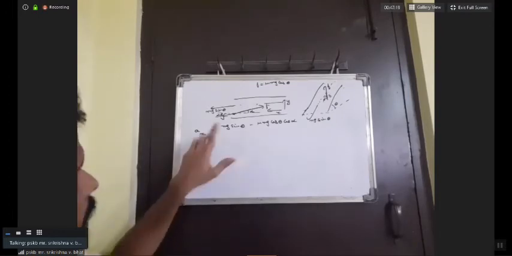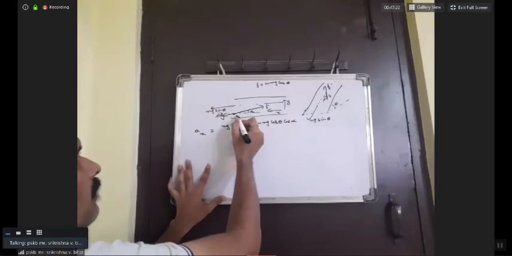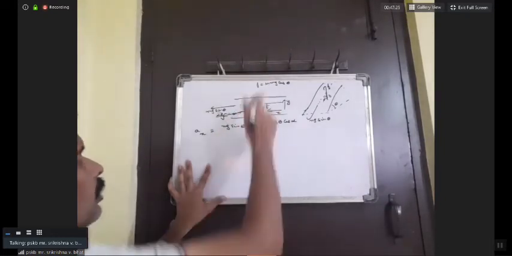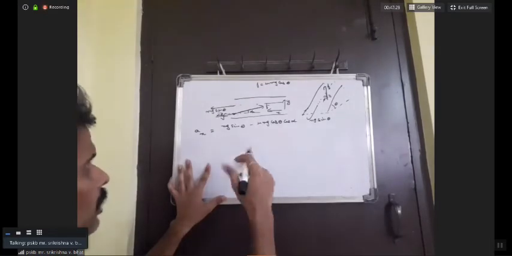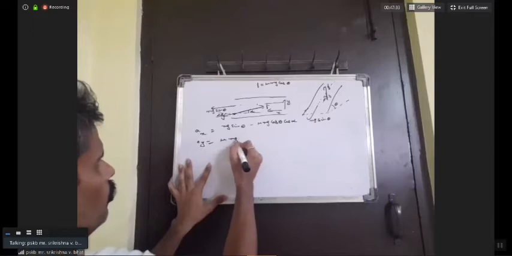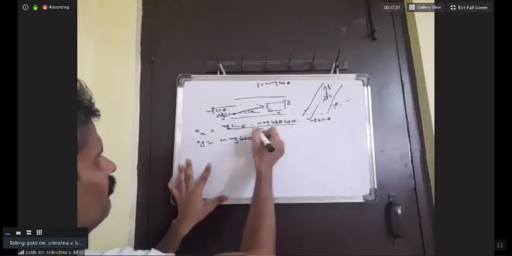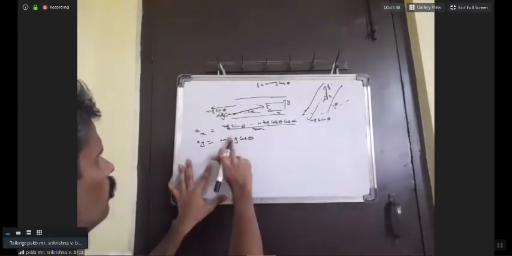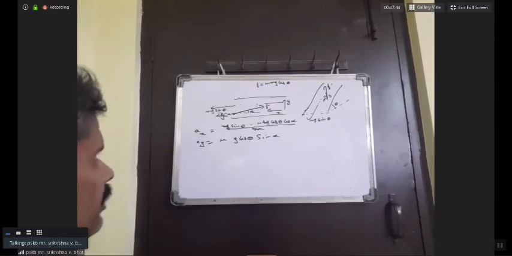Anyway, we will leave ax at this for the time being. We can also write an expression for ay, the component of acceleration in the y direction. That will be because of friction, so we have to take friction's component. So acceleration in the y direction will be mu mg cos theta divided by m, so mu g cos theta into sin alpha. That will be the acceleration in the y direction.